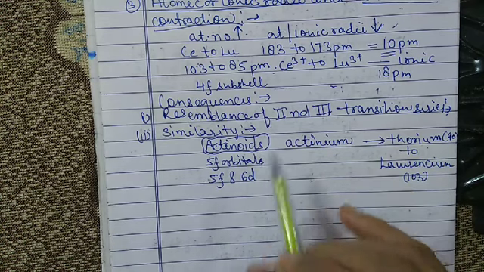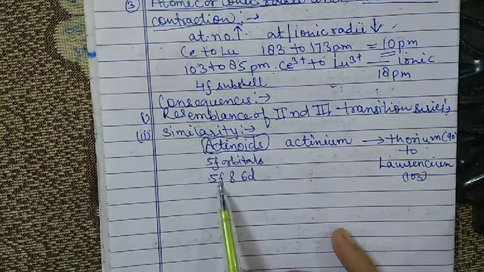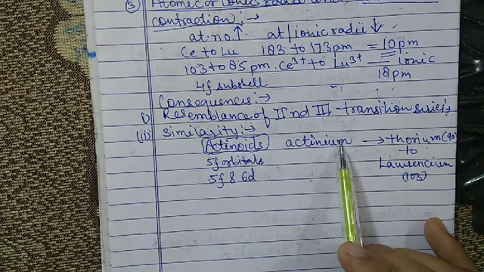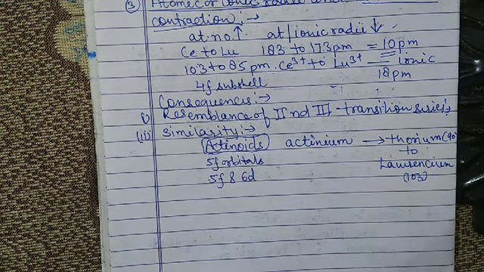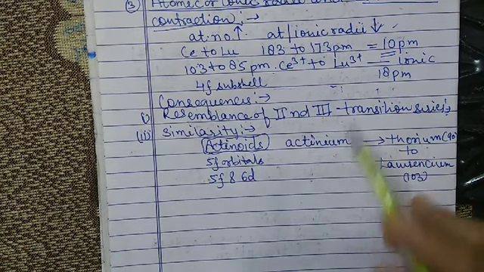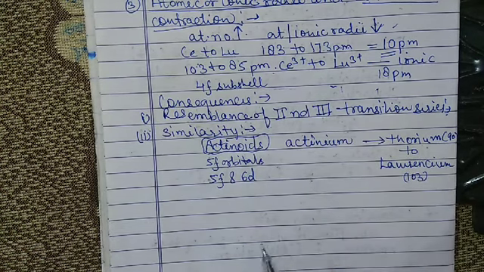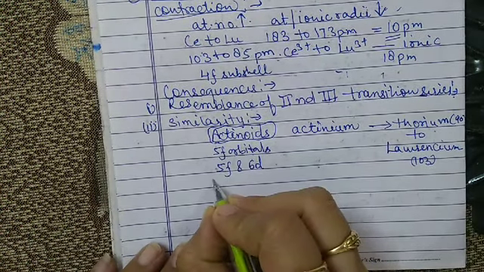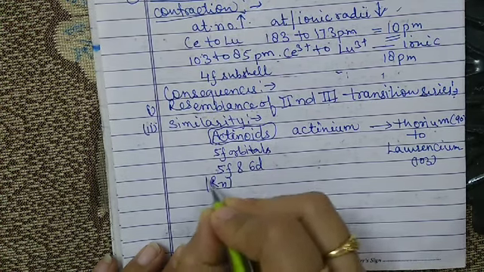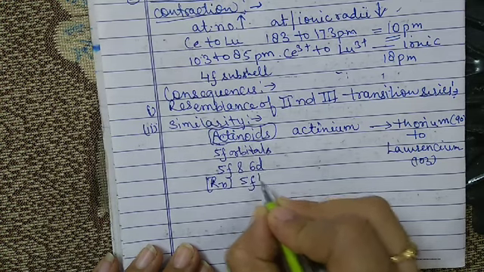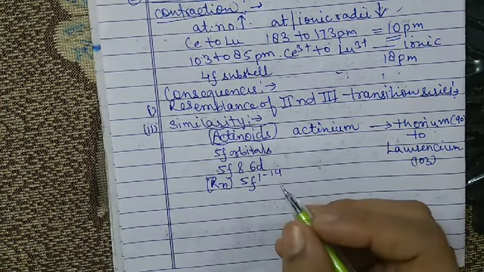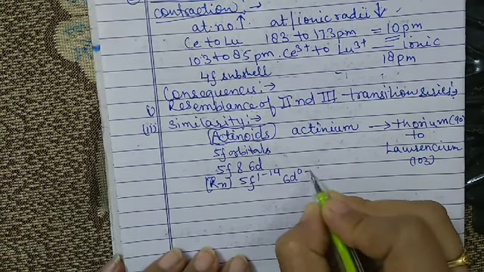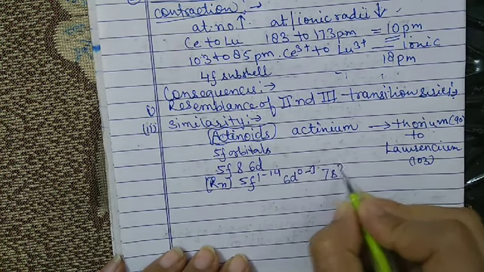Therefore there is a doubt whether thorium contains a 5f electron or not. This is the confusion about thorium. Because of the uncertainties, different workers have suggested different configurations, but the most widely accepted configuration for the actinoids is 5f 1 to 14, because the maximum number of electrons in the f orbital is 14, 6d 0 to 1, 7s2.